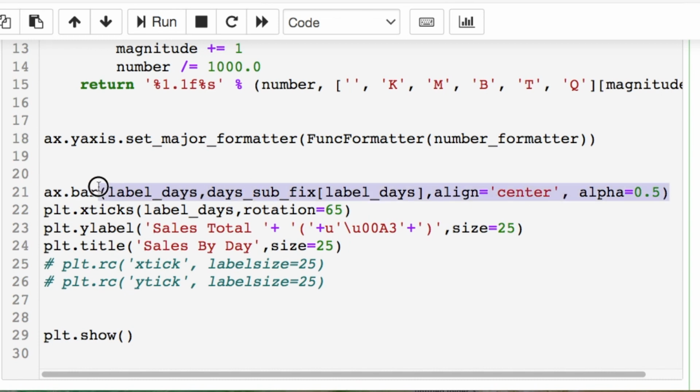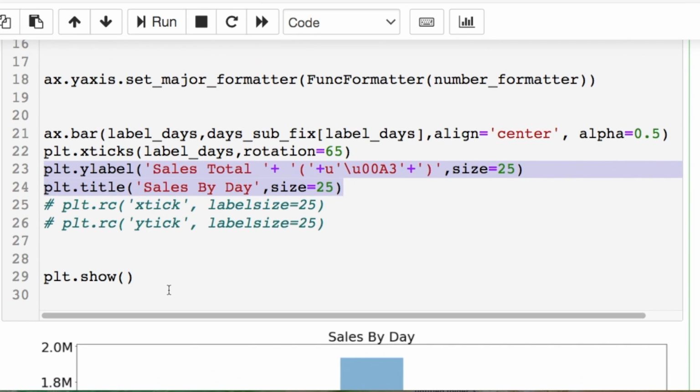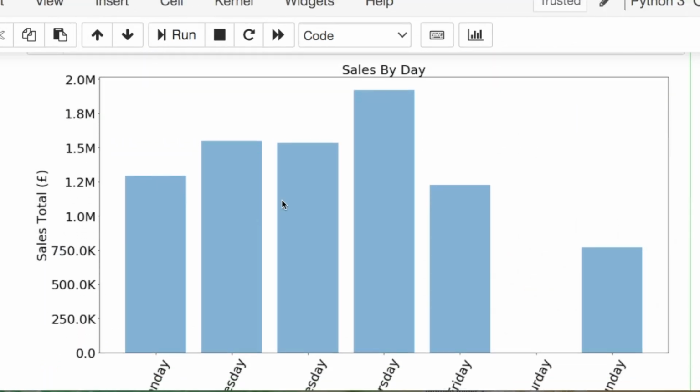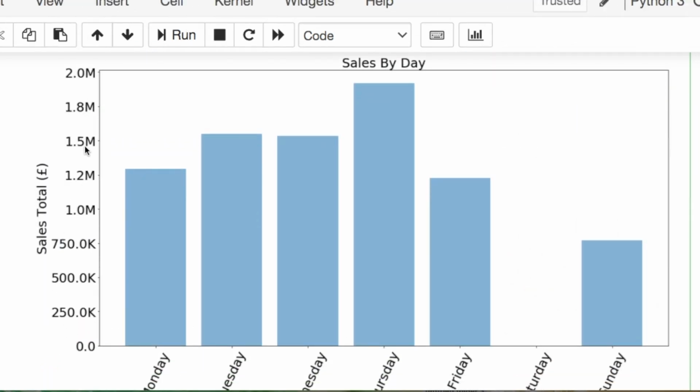Then we're doing the same thing from above. We're calling our x and our y, so our label names for x, and then whatever we're subsetting for our y, aligning the plot, and then rotating our x ticks once again, and then doing our plot title and our y label, and then plot.show. So we'll scroll down and you notice, look at the y-axis right here. You have 250,000, 1 million, 2 million, $0, and it matches up for this Saturday.